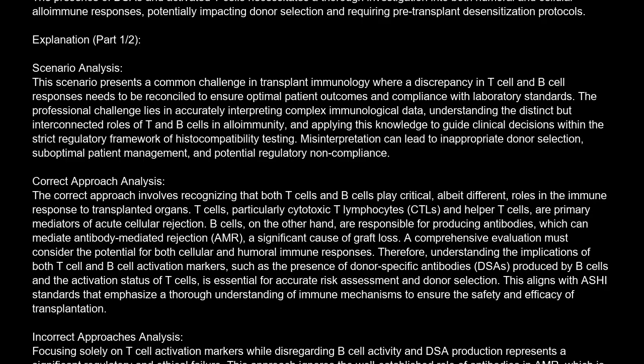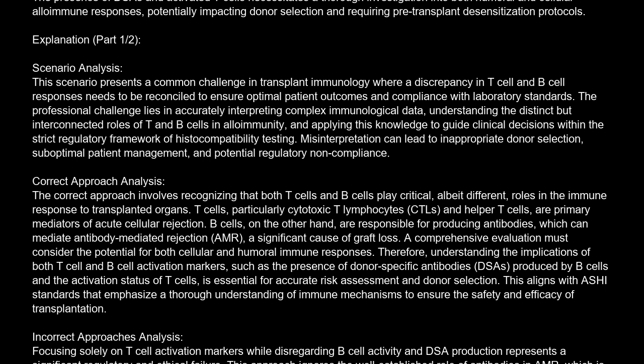Therefore, understanding the implications of both T-cell and B-cell activation markers, such as the presence of donor-specific antibodies, DSA, produced by B cells and the activation status of T cells, is essential for accurate risk assessment and donor selection. This aligns with ASHI standards that emphasize a thorough understanding of immune mechanisms to ensure the safety and efficacy of